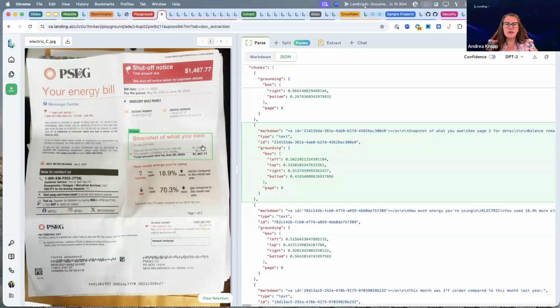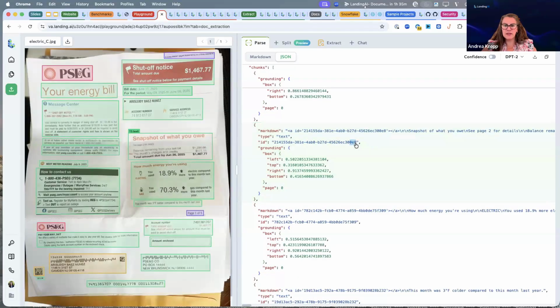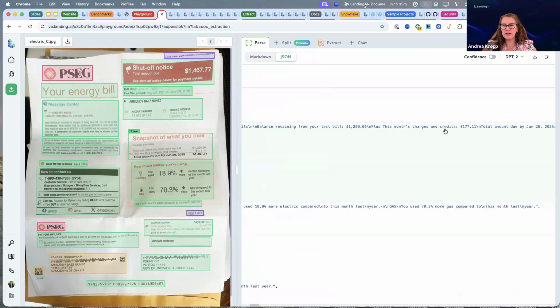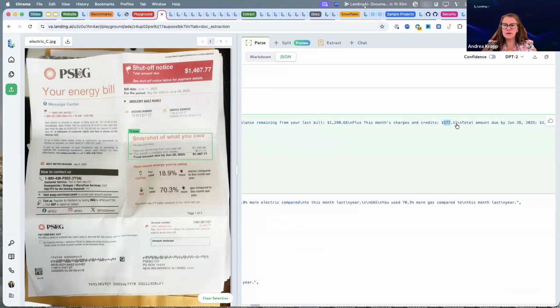Okay, so here we are on the chunk that ends in 0E8. This should be chunk number 13. And within this chunk, I should be able to find where that value came from. So indeed, the 177.11 was embedded in this chunk. So connecting back to the slides,